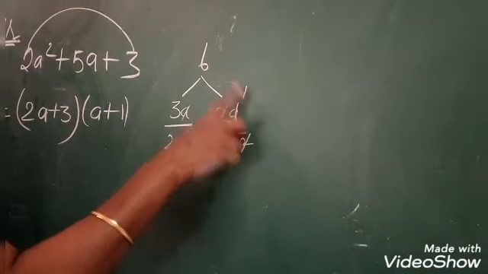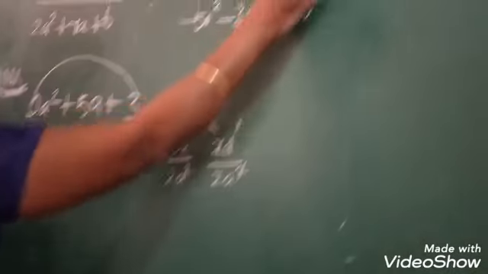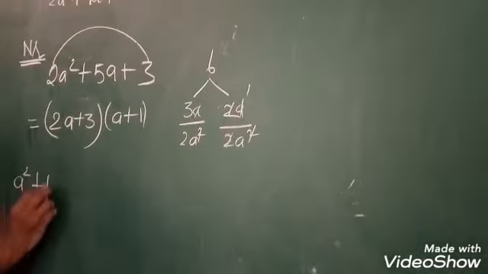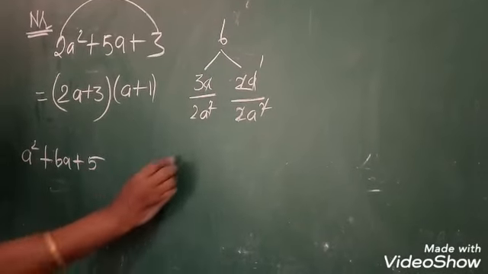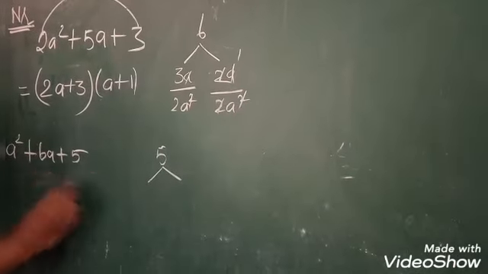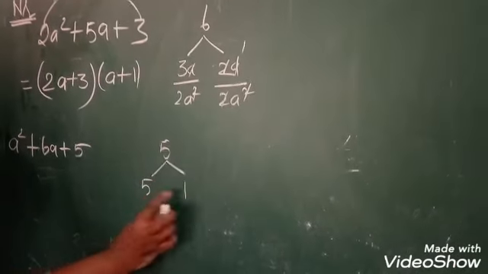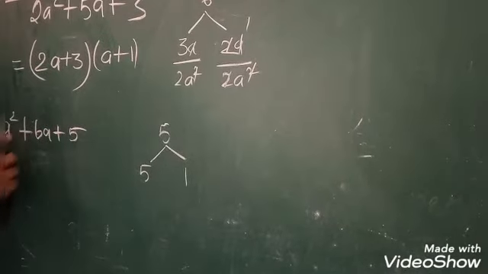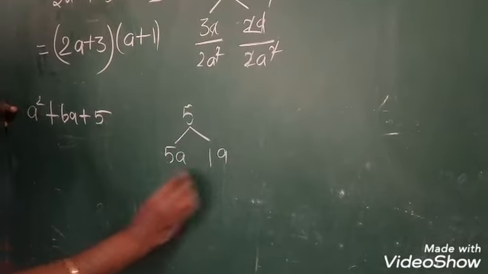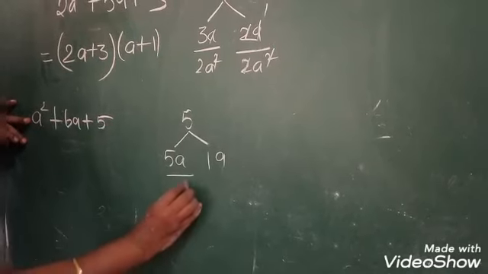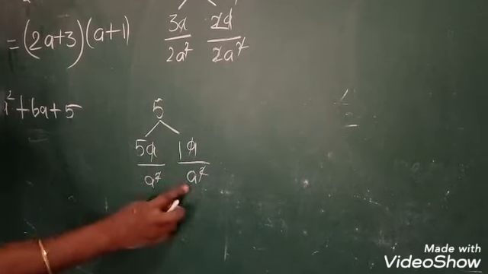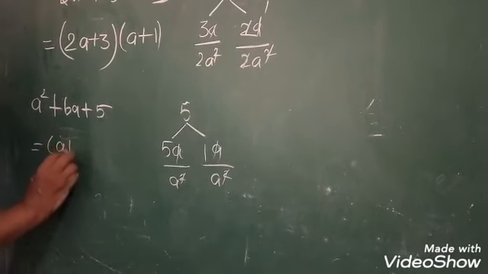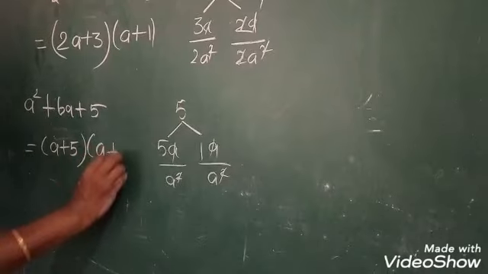Okay, don't forget. Next you have to take the numerator there: a squared plus 6a plus 5. The same way, if you multiply, you will get 5, girls, and the same numbers add to 6. What are the numbers, girls? Yes, 5 times 1 is 5, 5 plus 1 is 6. Now the variable is a, so you have to put a, divided by a squared. Then the factors are a plus 5 and a plus 1.